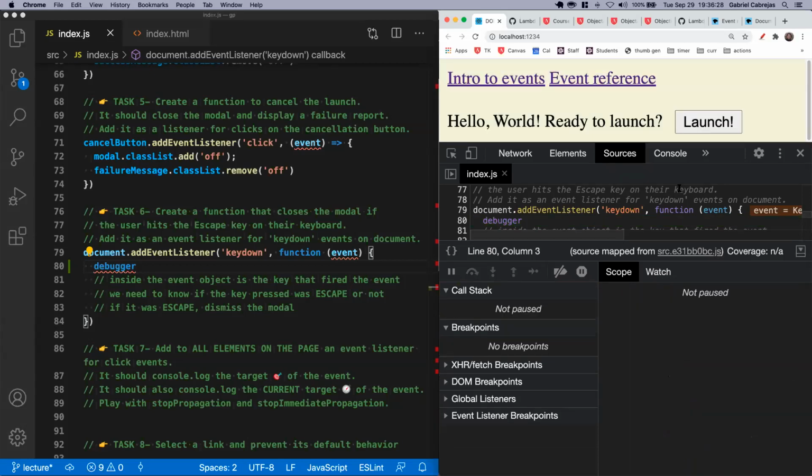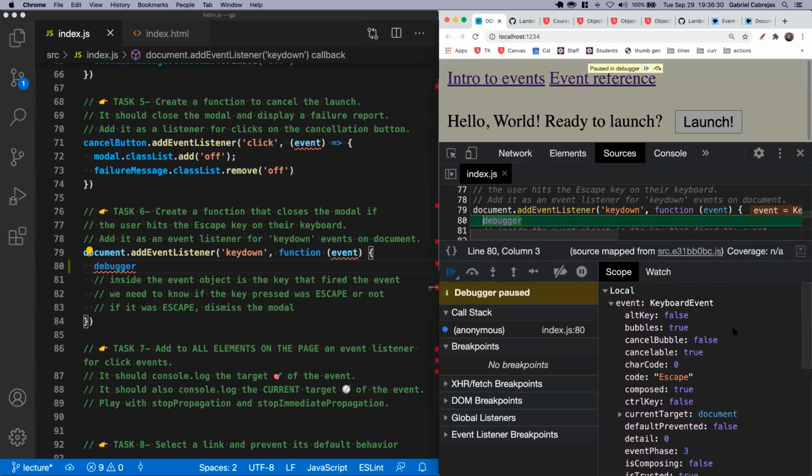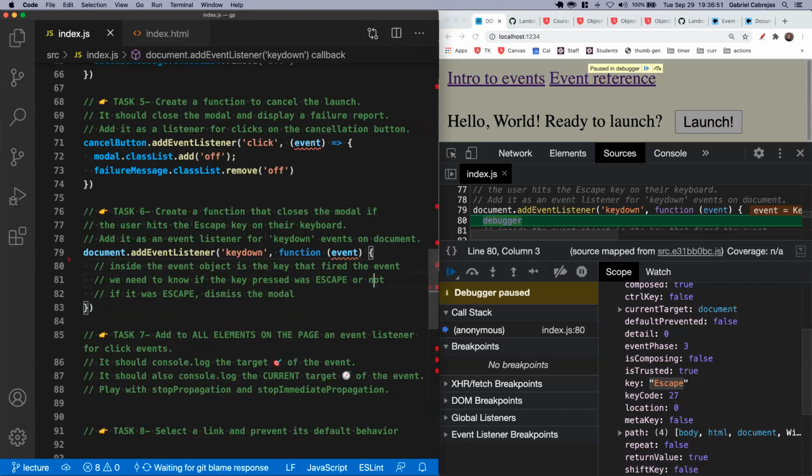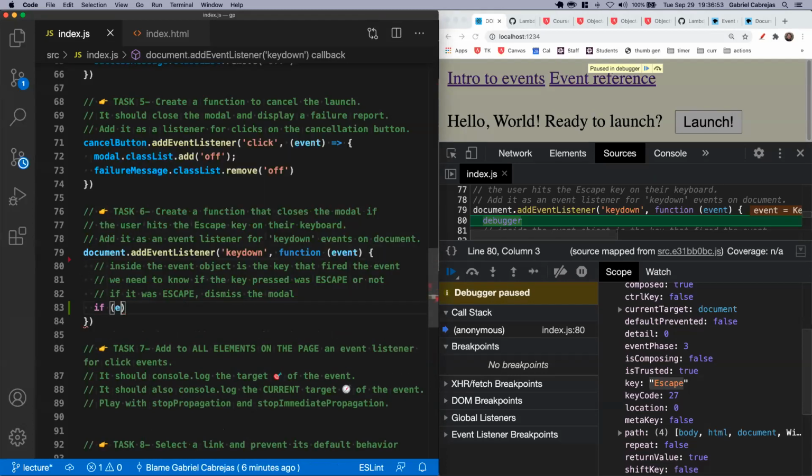Okay, blue arrow. Now I'm going to hit escape. See what that looks like. Code escape. Key escape. Okay. In the key code, someone was saying, hey, let's use number 27. They were completely correct. So I'm going to steal from some, so all of those approaches would be correct, right? Let's do if event.key strictly